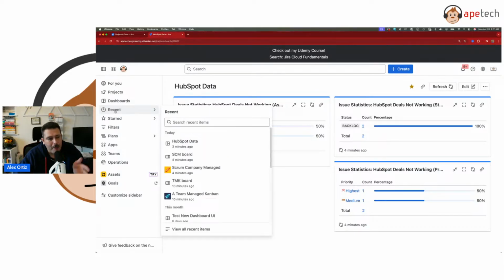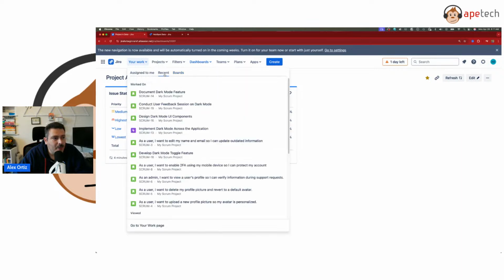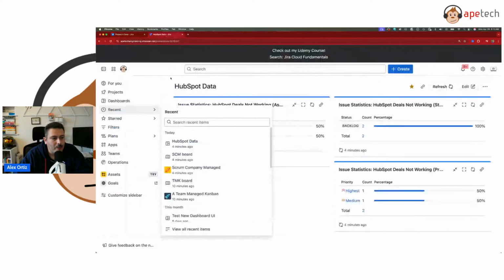So our recent is a pop out that is just going to be your little shortcut to the last few things that you've touched. Now this is different because inside of Jira, you'll notice we don't have a recent. I mean, there's technically a recent in here, but you have to go finding it, right? It's not something that's very obvious to you. So Atlassian took this recent and abstracted it out and made its own section with a pop-up,